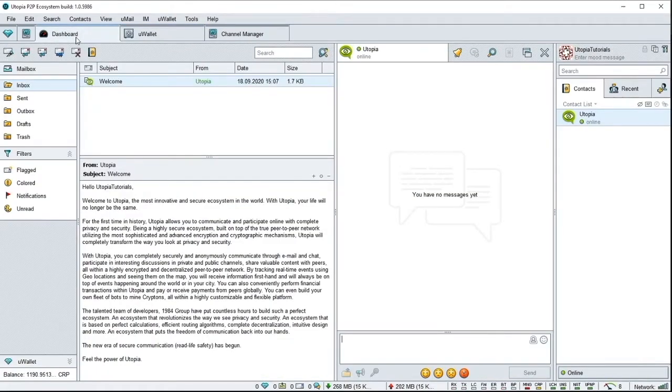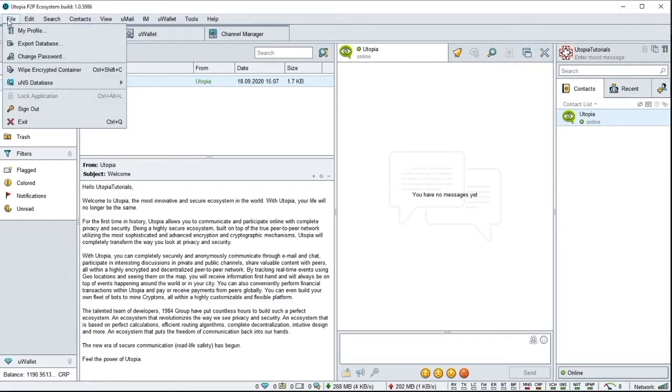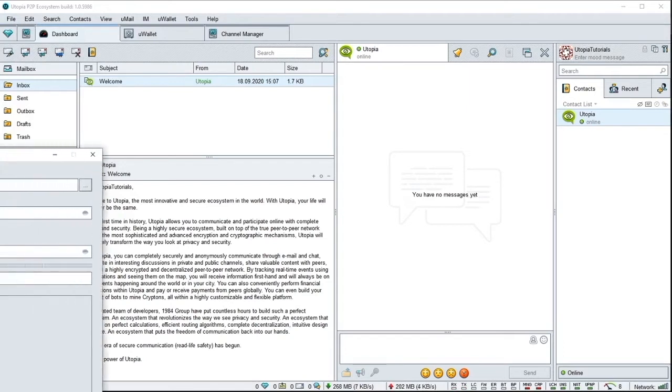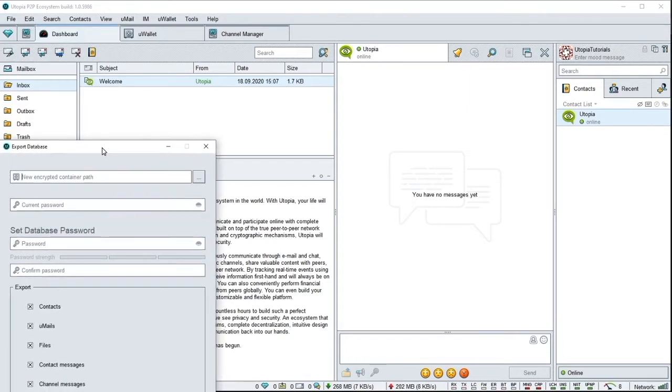In order to protect this investment in Krypton, and back up additional private Utopia account data, we will be exporting our encrypted database. Go to the File menu in the top left and click on Export Database. This will open a window for us in which we may specify the name and location of the encrypted file we will be exporting. This new encrypted database file may have the same password as your current account or an entirely new password. But, whatever password you choose, please make sure it is both strong and unique in order to protect your account.